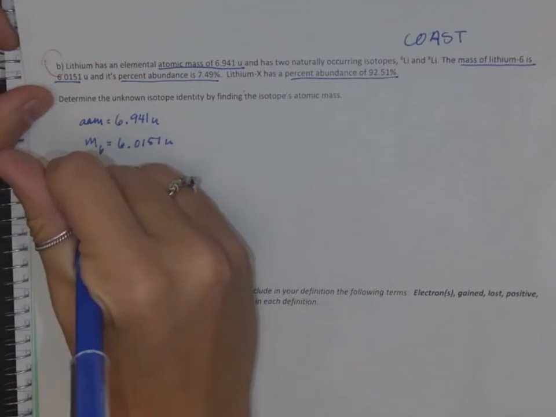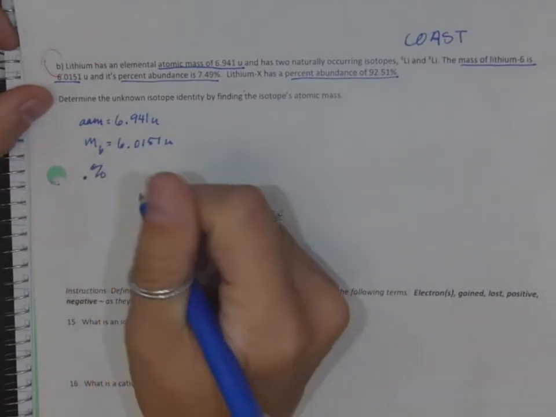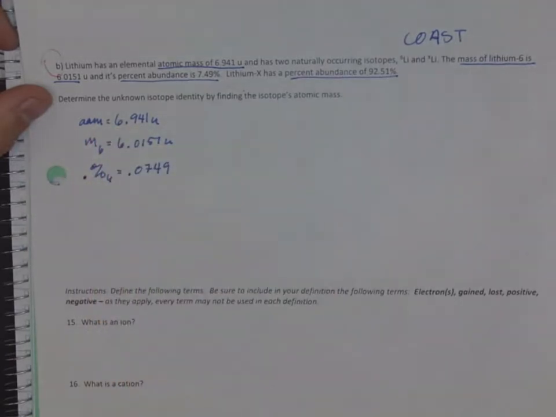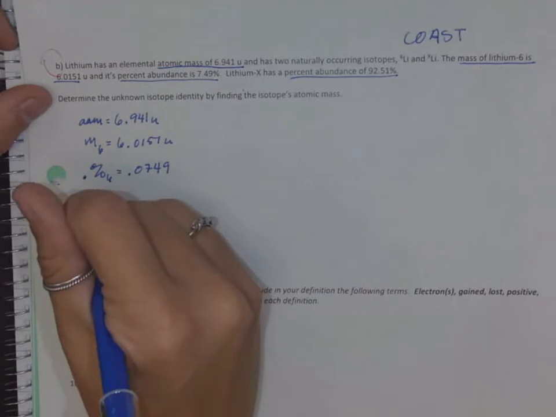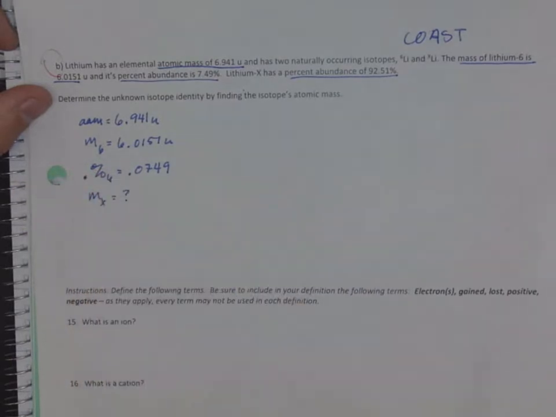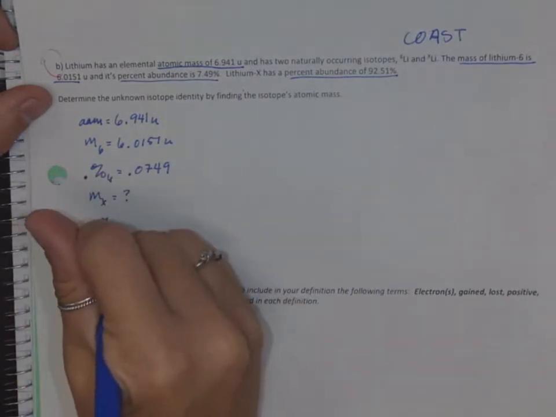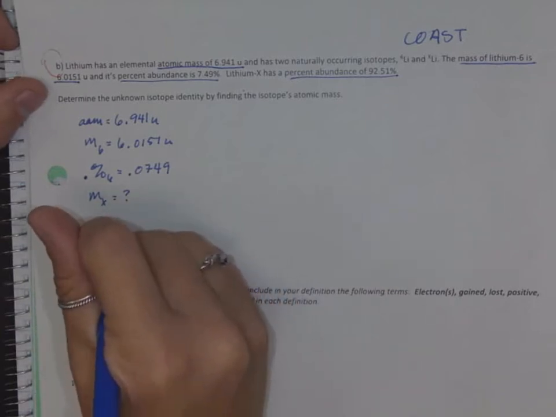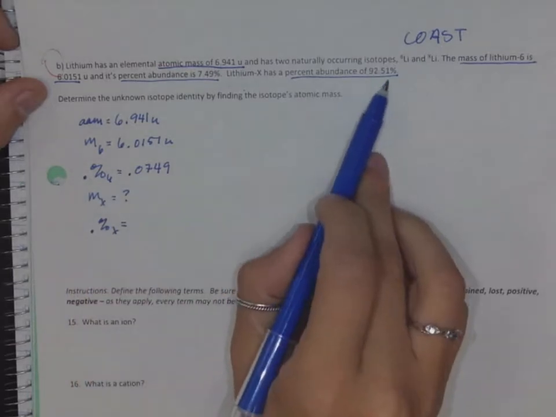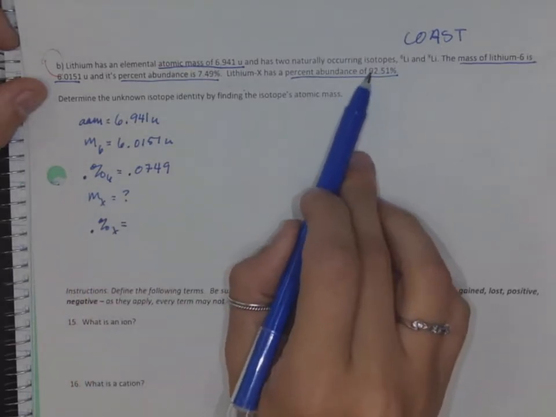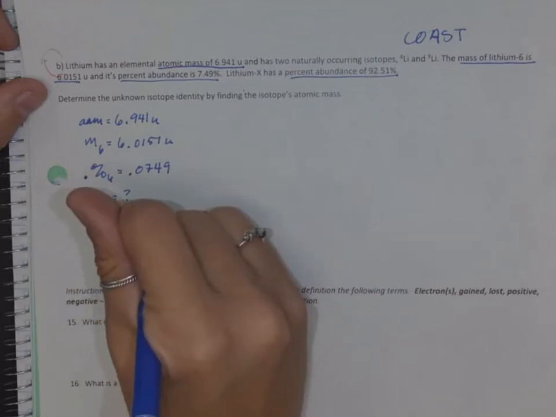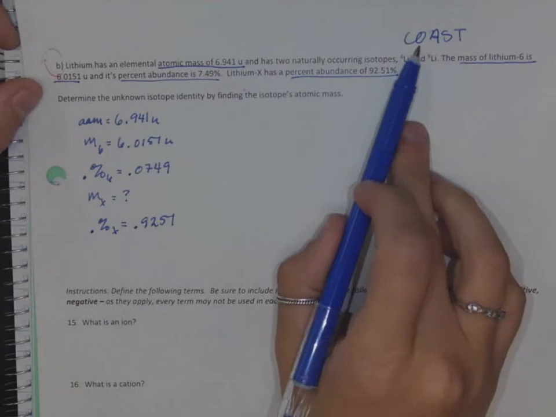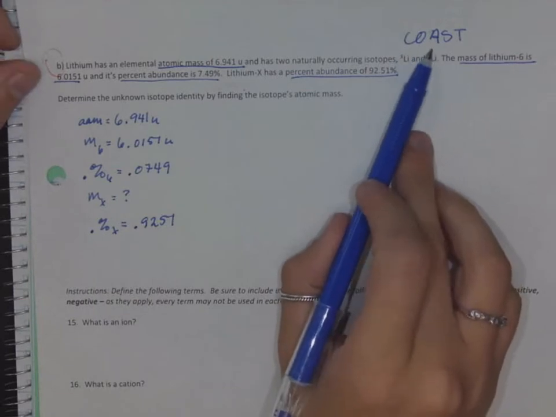So this fractional or decimal form of the percent abundance for 6 would be 0.0749. We're going to solve for the mass of the unknown, and then the percent or decimal form or fractional form of the percent abundance of the unknown is going to be taking that percentage, dividing by 100, or moving the decimal to the left 2 times, which would be 0.9251. Now that we've organized this into a list of knowns and unknowns, let's analyze using the average atomic mass